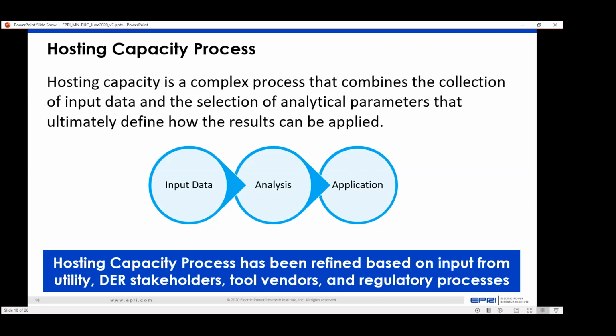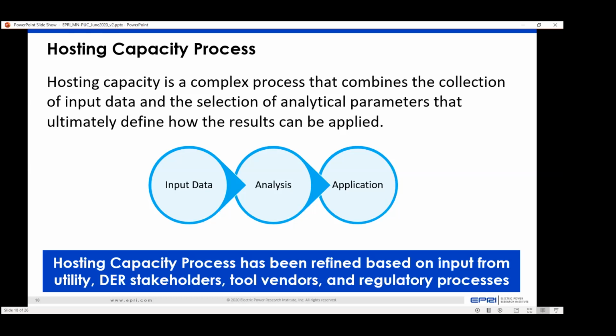And Yogi, you mentioned this too. If you're going to be doing hosting capacity for an interconnection-based use case, the input data that's required, the analysis settings, the analytics that are performed have to focus on providing the results that would be most applicable for interconnection. Now, if your focus is on planning for in the future, you have more assumptions. You have different types of allocations of DER that are considered. So the entire hosting